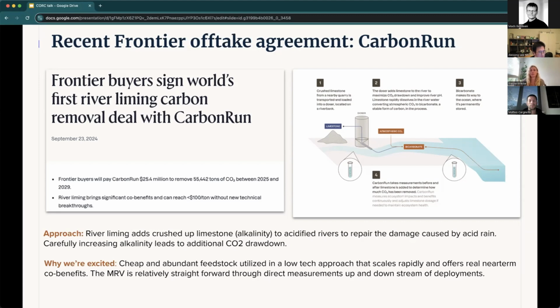So this is an example of an extremely low-tech solution where you just source limestone and grind it up. If you don't even have it ground up, in many places finely ground stuff is left over from construction, which they don't use. So you can even source waste material. You can put it in the river, and it directly dissolves if the water chemistry is right, and you can measure your effective CDR pretty straightforwardly, even though it's an open system, by measuring upstream and downstream of your